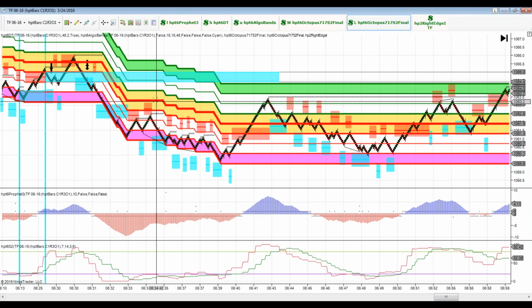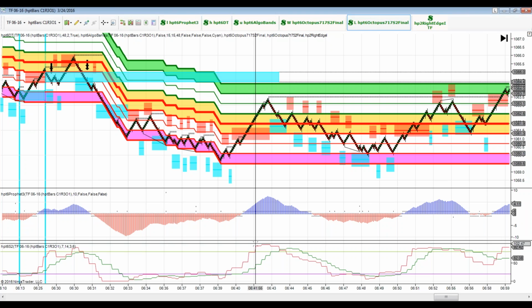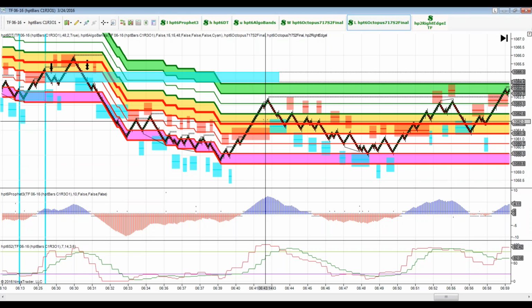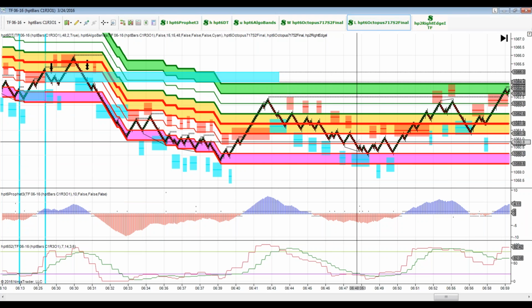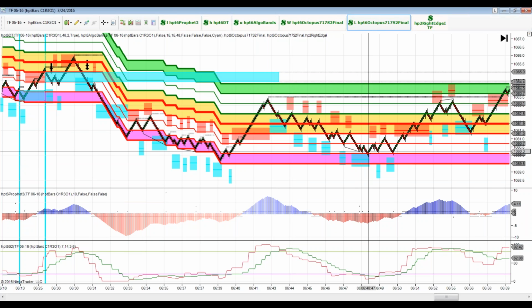We ratcheted down. The Algo Band was still in effect here. We retraced up, okay? We were very close into the 15-minute rule. Notice we didn't have a right edge box qualify because this high was not at or above, okay? But once we got to our threshold, which was above 80, and that's right here, we're looking for a confirmed reversal bar, and that confirmed reversal bar is here, okay? Confirmed reversal bar here, came down, went basically coast to coast, and this also was a phantom trade as well,